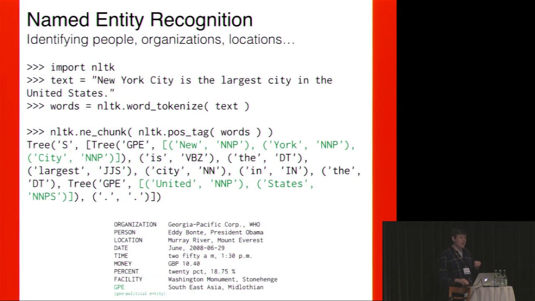The next step is named entity recognition. So if you want to identify these are people, these are organizations or locations, you can also do this very easily. Again, just 2 lines. And here you can see it recognized New York City as a geopolitical entity. You might ask why it's not Stockholm, because it didn't work. I don't know why it's that bad, but for this example, it actually worked. But there are definitely data sets you can use where Stockholm will be recognized as well.